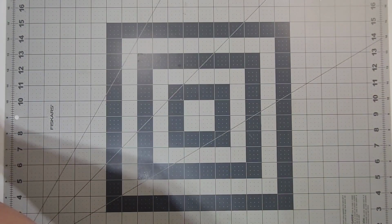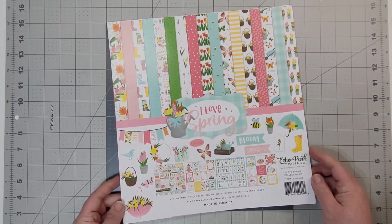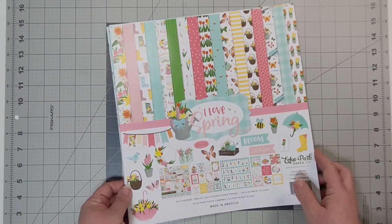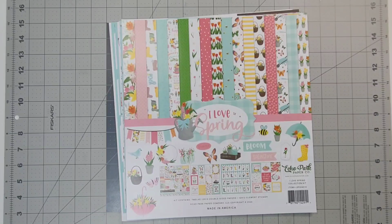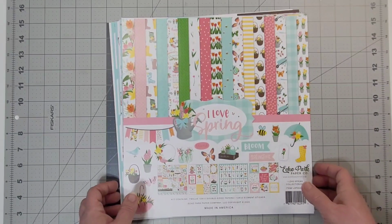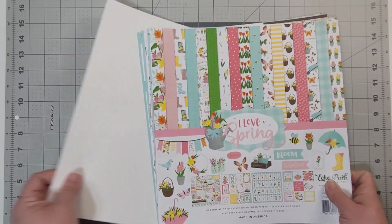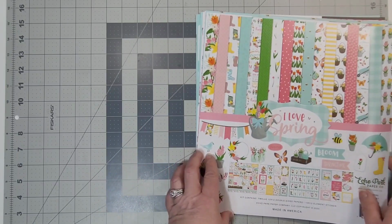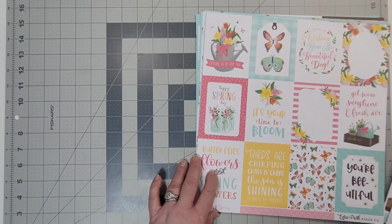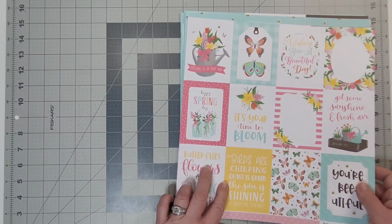Next, we have Echo Park, I Love Spring. And this was 2020. So I think I have shown this already. No, the first one was Celebrate Spring. This is I Love Spring. And we have a sticker sheet to work with. I don't think I have used any of this. So we have cut aparts